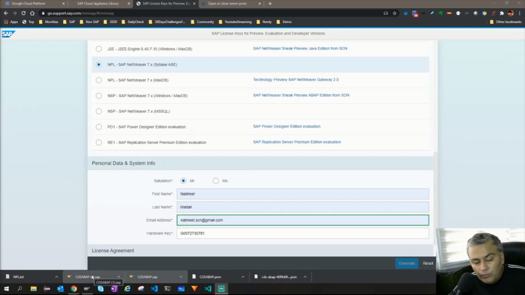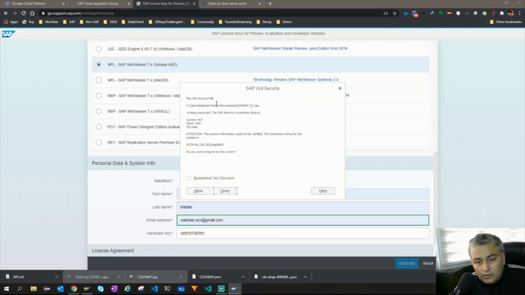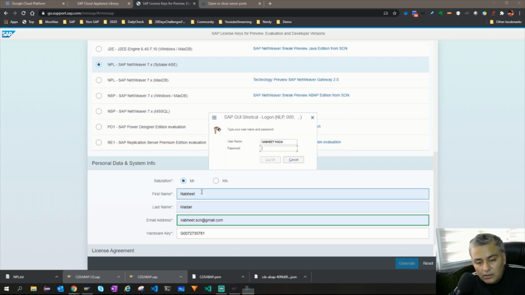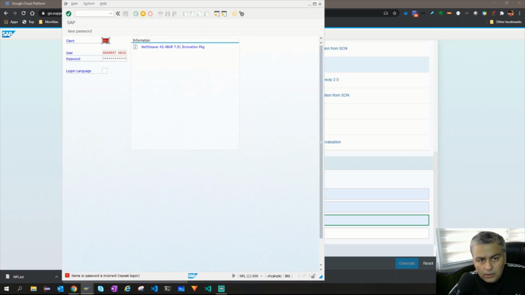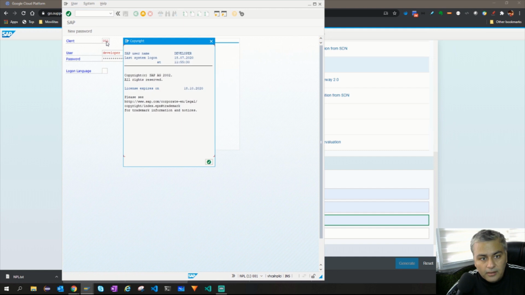Now we will log in to client 001, our development system. Let me enter something wrong, right? And it will give me the pop-up. So the client is 001 and the username available is developer. Password is still the same, right?